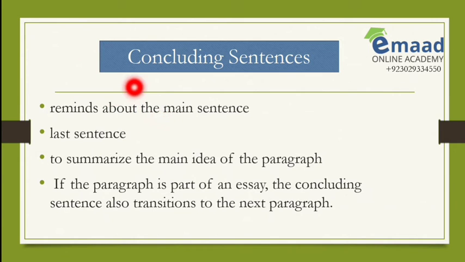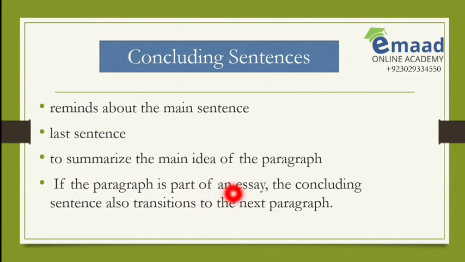For example, in conclusion you say, so we can say that there is no substitute for the village life. So this also proves your statement that you used in the topic sentence. It also summarizes the main idea of the paragraph. So you just look at the concluding and the topic sentence and you will find what is discussed. You can get the gist of the whole paragraph, the main idea.